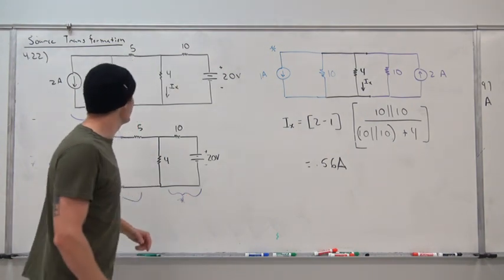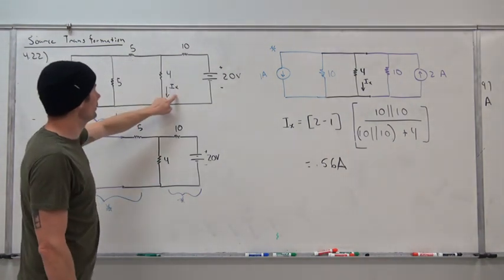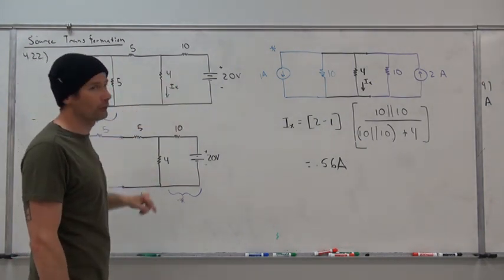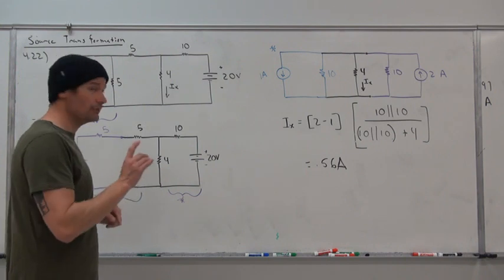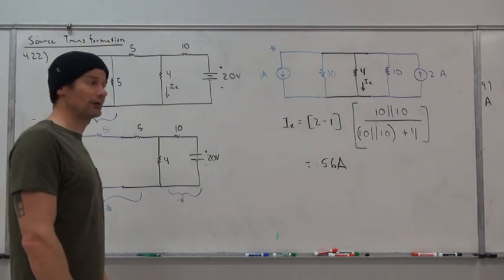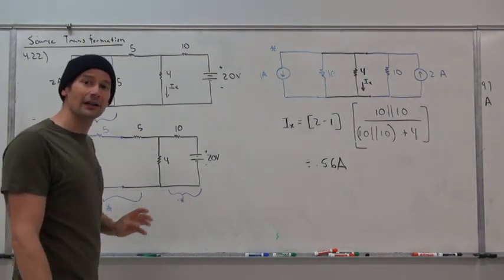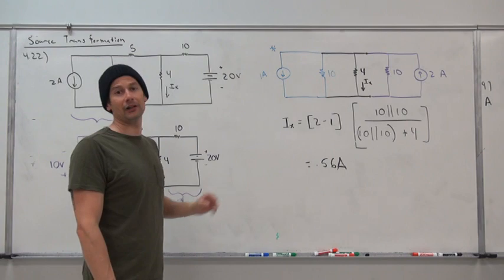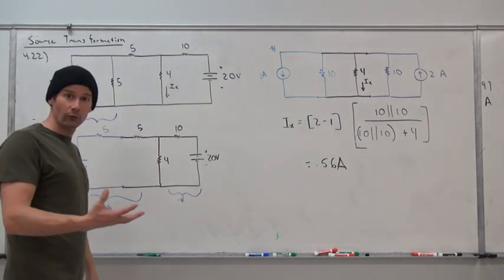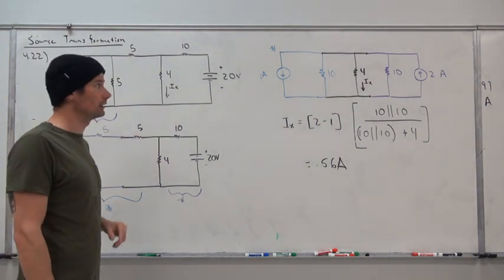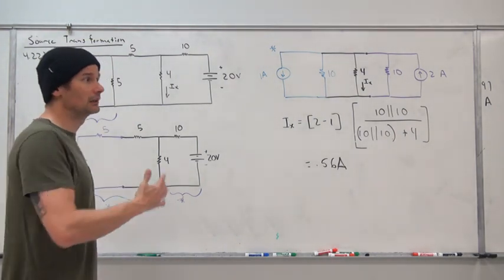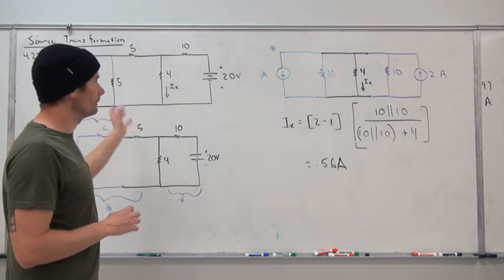But remember, for 4.22, we're looking for the current through IX. We're looking for IX through the 4 ohm resistor. And due to that notion, we can actually go ahead and perform source transformation maybe multiple times in order to gain the circuit into such a way that we can solve for IX very, very simplistically. But we're not actually manipulating 4 ohms or even its position within the circuit. So as long as we perform source transformation in an appropriate manner, then it really will help the problem